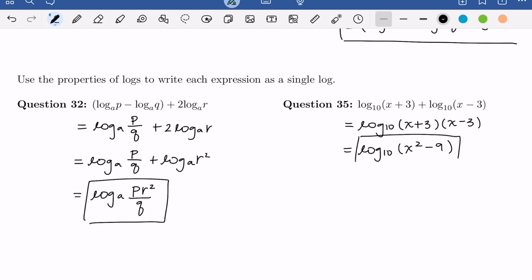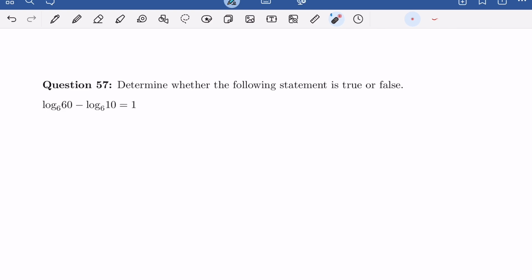So this would be our final answer here. We do have two terms here, but we just have one log. So this is going to be considered a single log expression. So for this last question in this section here, we want to determine whether this equation is a true or